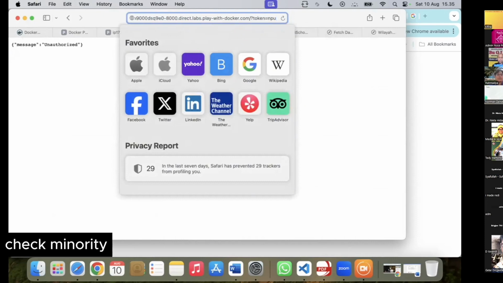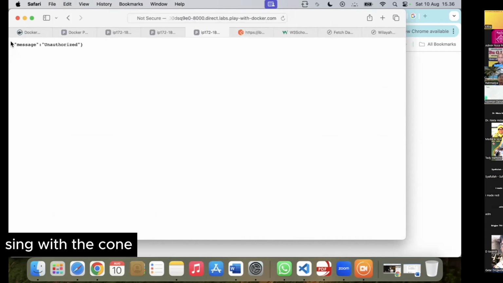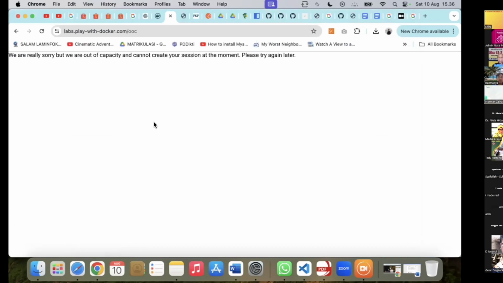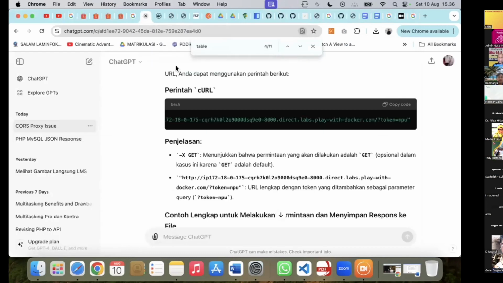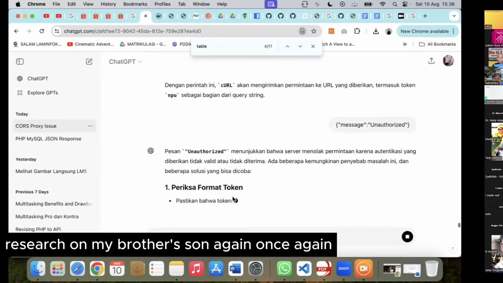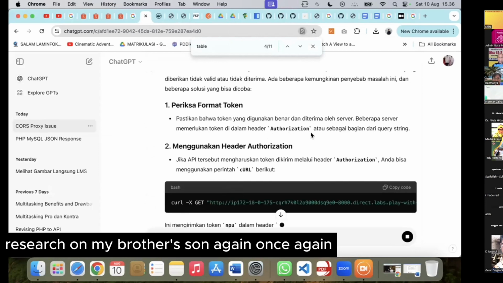Now, let's check manually. Okay, with token NPU, it says unauthorized. We can ask again.